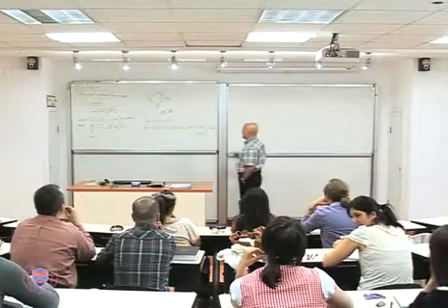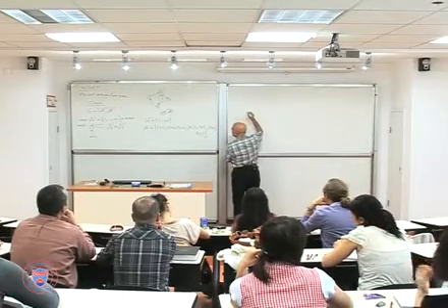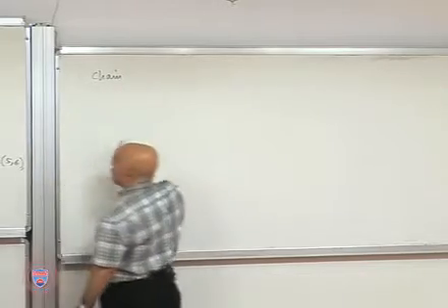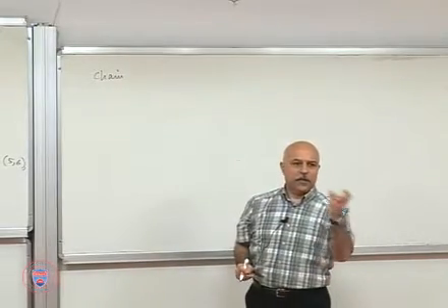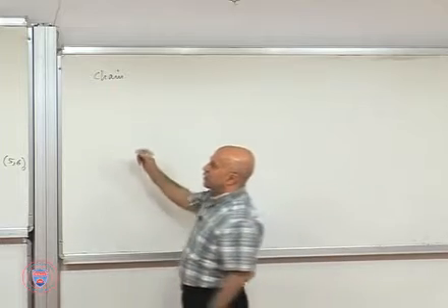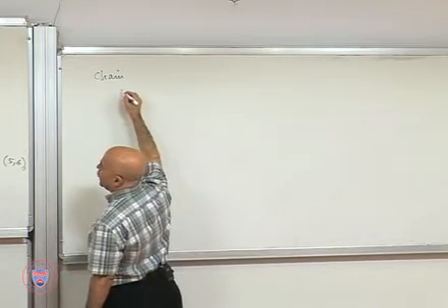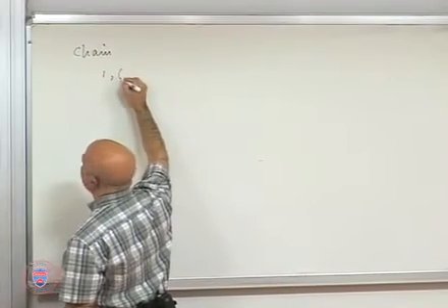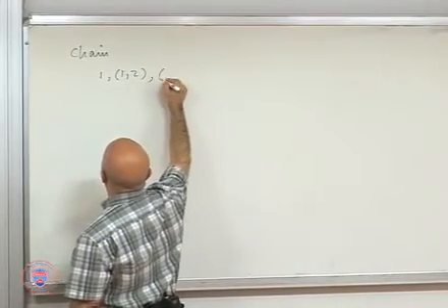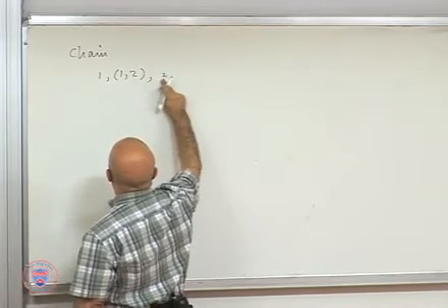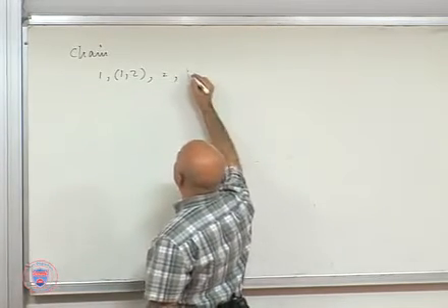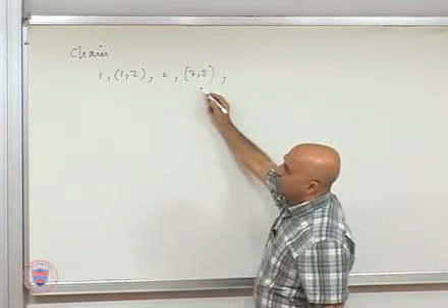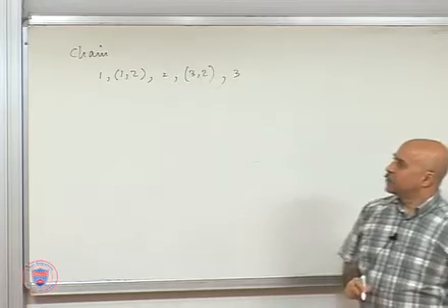Okay, so let me just continue with some definitions here. Let's define the concept of a chain, for example. A chain is just a sequence of nodes and arcs, which may, for example, as an example, I may have node 1, and then arc 1, 2, and then node 2, and then arc 3, 2, and then node 3. That would be a chain